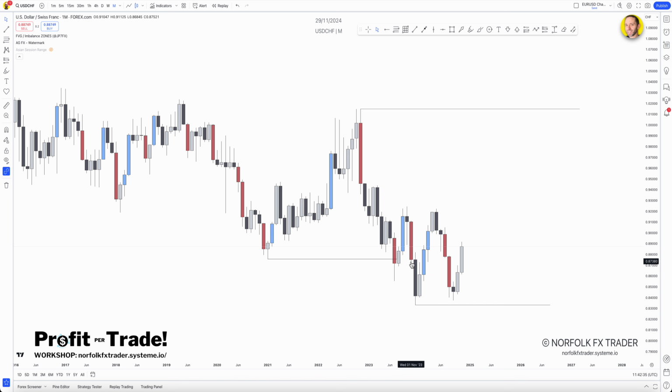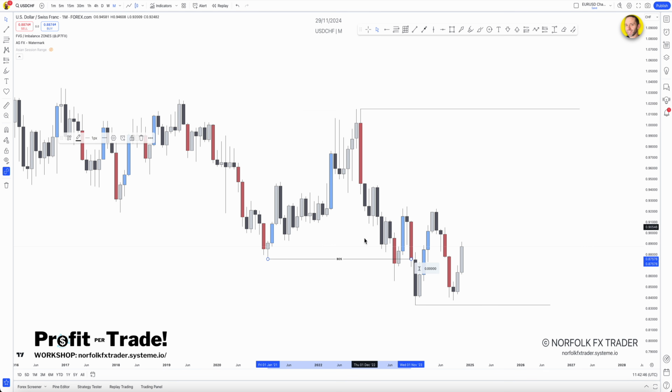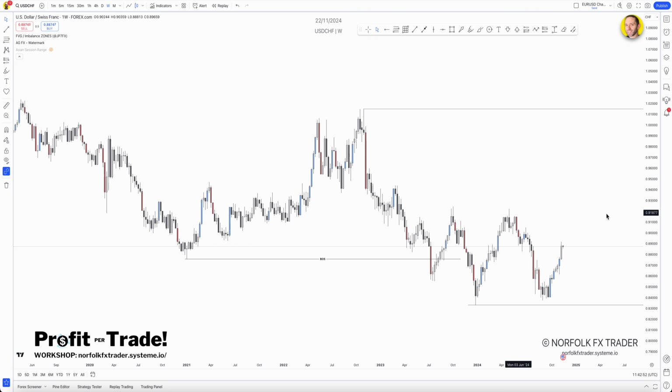We know this is our current move in the market. This is where we had our break of structure to the downside, so we can mark this out if you wish as a BOS, so you can identify where we have that break of structure. Now if we drop down to a weekly time frame, we can see this larger swing, and we can also